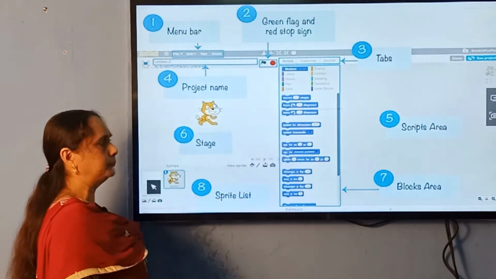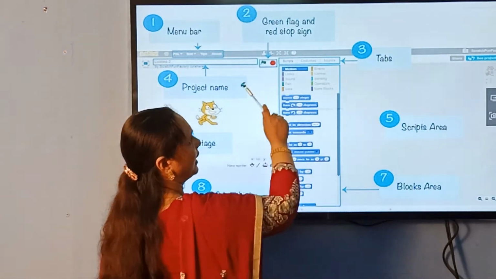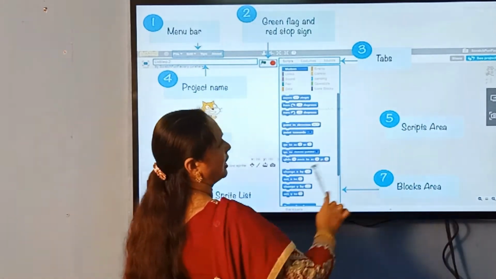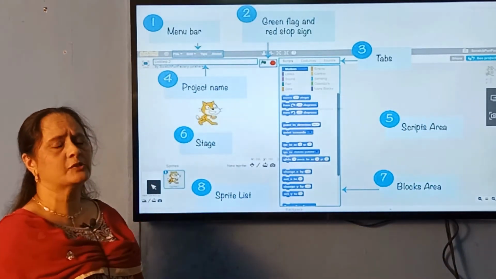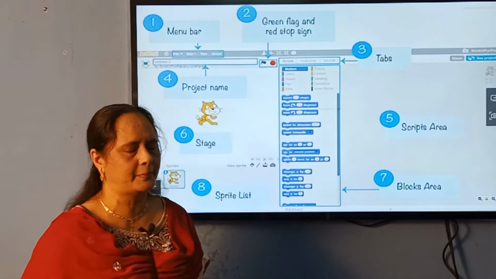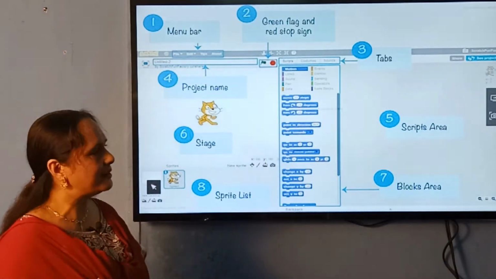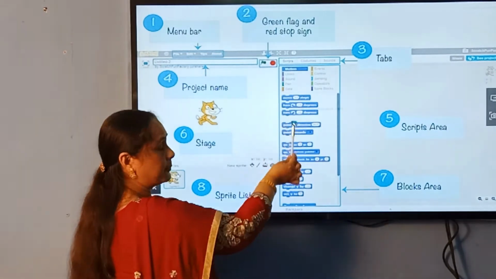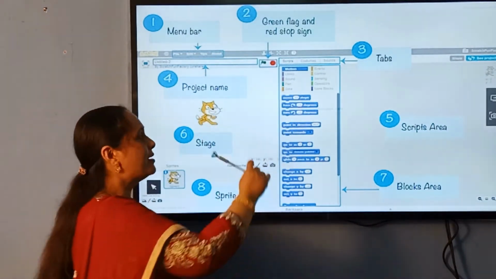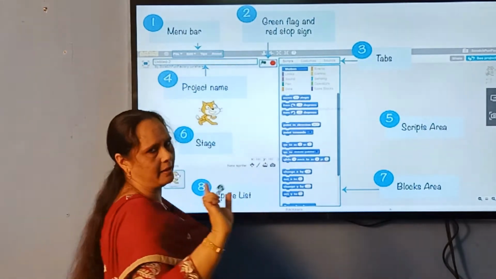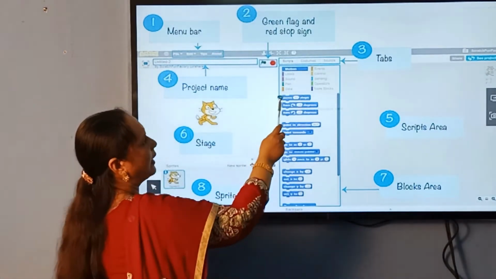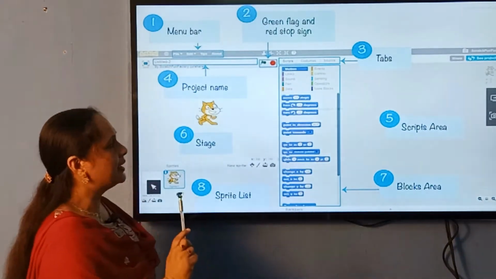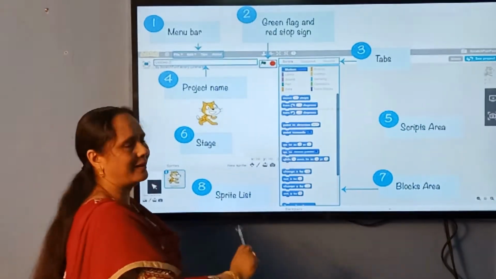And the next one is the script editor. This is called the script area. Usually for any animation, for any story, we write the script on a black background, is it? But here it's not the case. Here the animations as well as the script blocks are already there. Just drag and drop them in the script area. That's it. And the next one is the block menu, and this is called the block palette. These two things we use to create the animation.